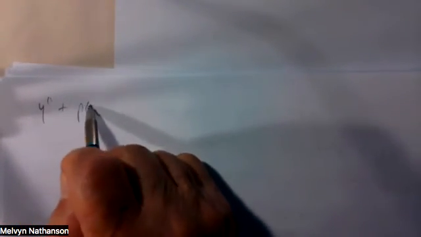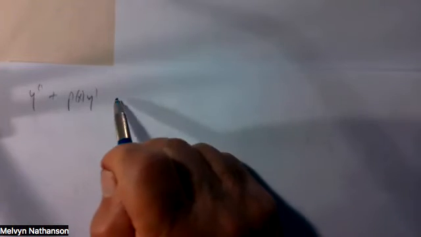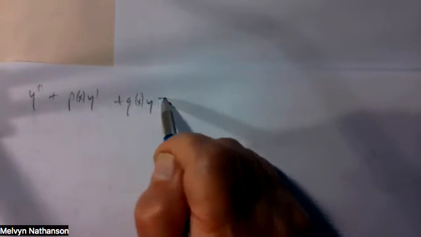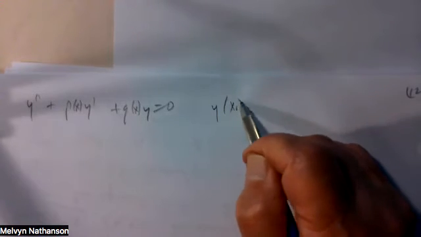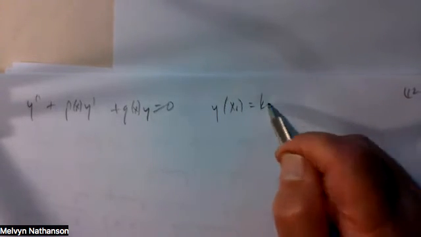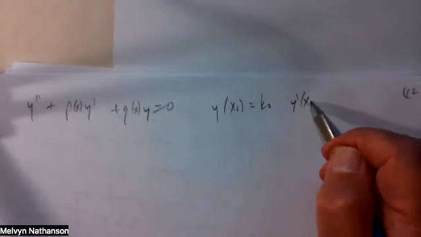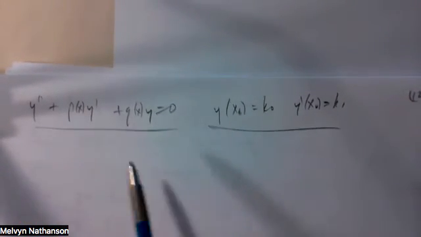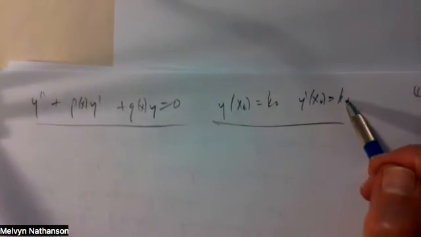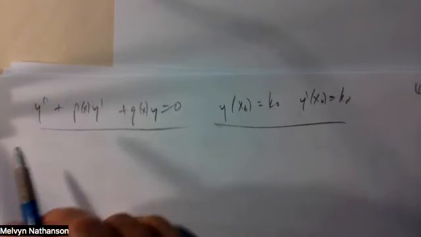So again, here we have our differential equation. And we want to solve this equation with the initial condition that y of some point x naught is equal to k naught and y prime of x naught is some k1. So here we have this initial value problem. So under what conditions